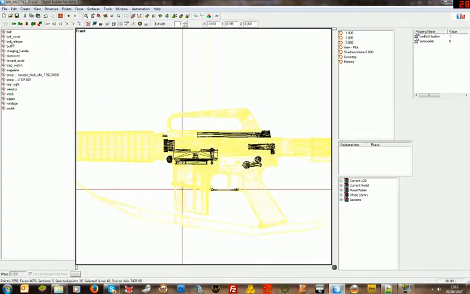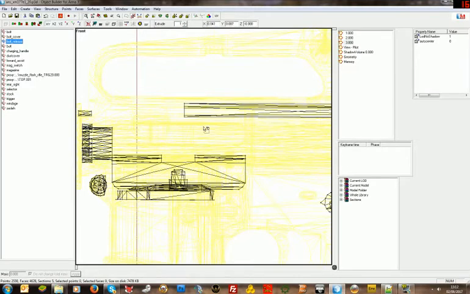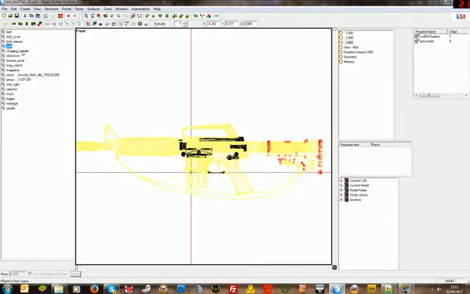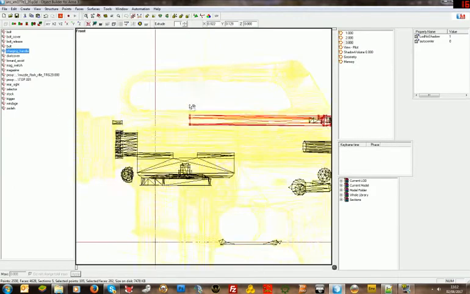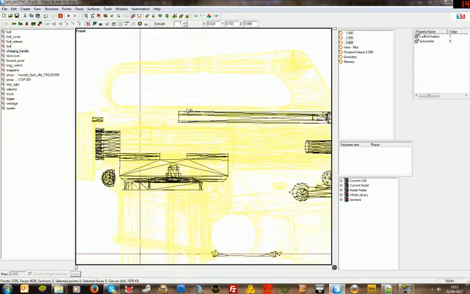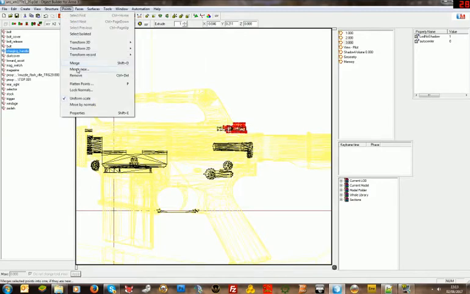And then bolt release. Do we want to see the bolt release this far away? No, we don't. Anything left of the butt? No. Charging handle? Yeah. Points. Oh, what we can do with the charging handle is we can just grab that and delete the end pieces. We don't need to see that, it's inside the weapon. So charging handle, points, merge near,